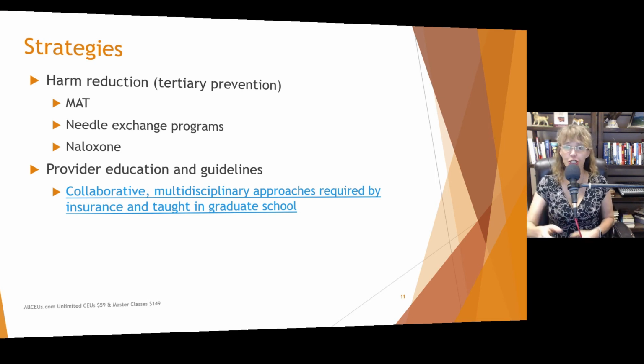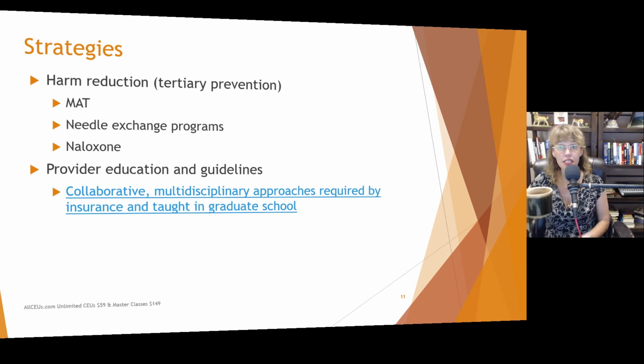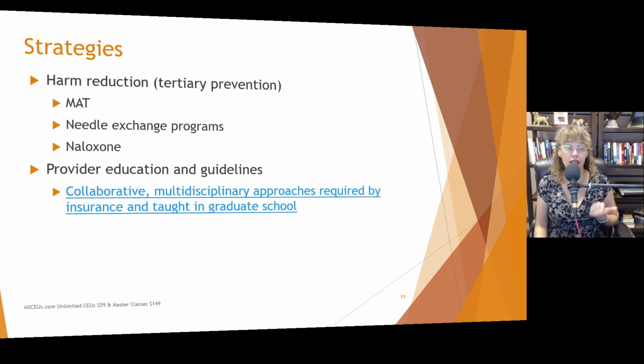So when we talk about tertiary prevention, we're talking about medication-assisted therapy, which, remember, can be naloxone, which completely blocks the opioid receptors and puts somebody into detox. It can be buprenorphine, which only partially activates those opioid receptors. And remember, that can be administered through a long-acting injection, so they don't have to come to the clinic every single day like they do for methadone. So there are options out there for medication-assisted therapy.